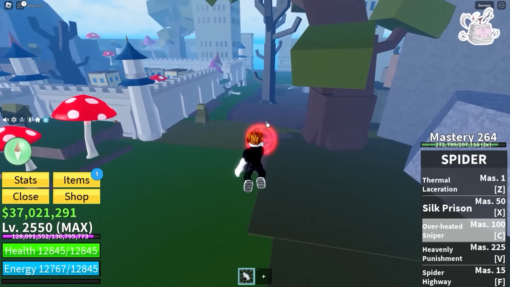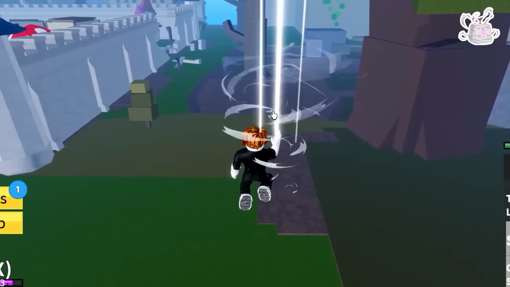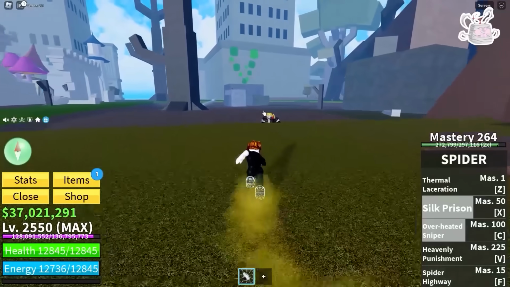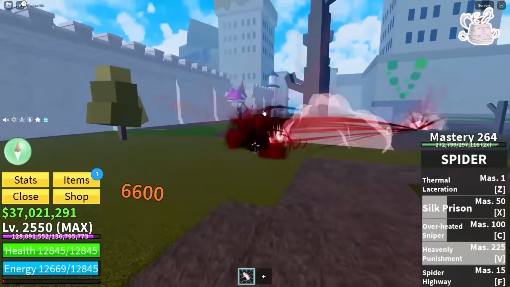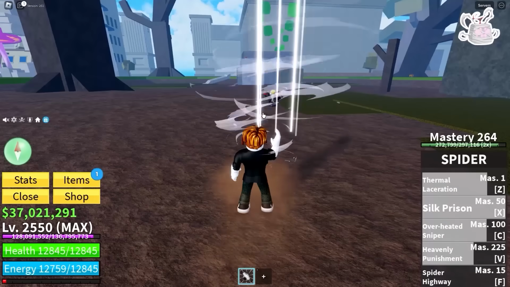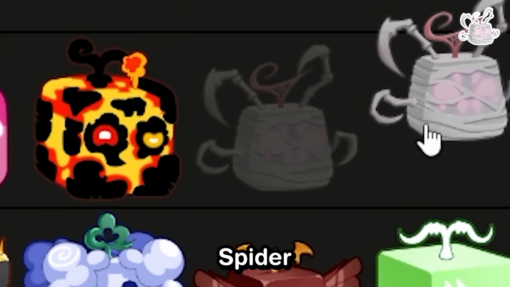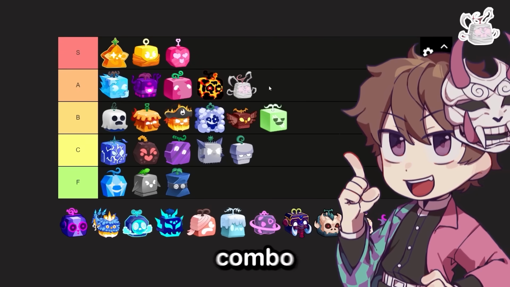Also, it's got some of the longest range moves in the entire game. The sniper move is supposed to be one of the longest, and this Heavenly Punishment move is some of the highest single attack damage any fruit has, 9k. Other than that, its other moves are kind of mid, but it is a fun fruit to use. It is, however, incredibly bad for grinding. So for that reason, I'm gonna stick Spider in A tier, just because I've seen some absolute combo gods go